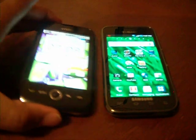So you can see there's a big difference, but really they're pretty thin. They're both pretty thin. The Vibrant's thinner, actually lighter. The Huawei Ascend is actually heavier, funny enough, than the Vibrant. But